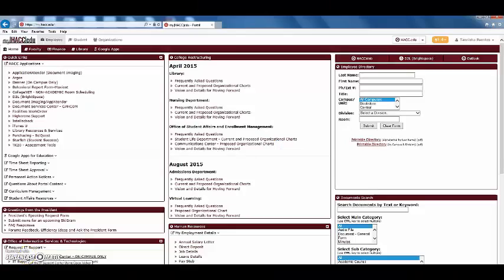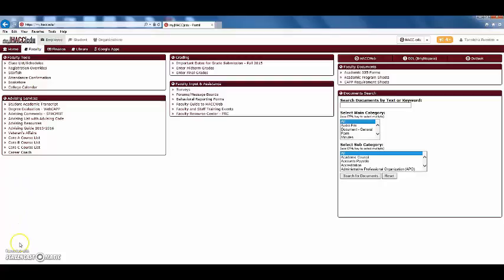The most common way to access your Advisee list as an advisor would be via your MyHack portal. Once you're logged into your MyHack portal, as a faculty member or an advisor, you should have a faculty tab. Once you've clicked on your faculty tab, you will notice faculty tools and advising services. Under the advising services link, you may click on the advising list with advising code,